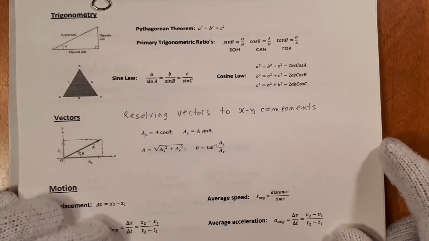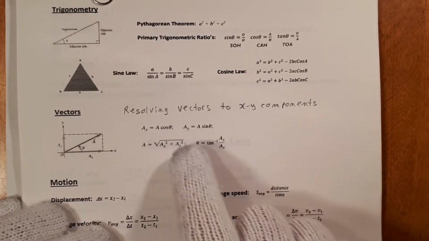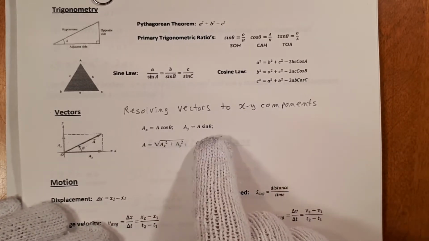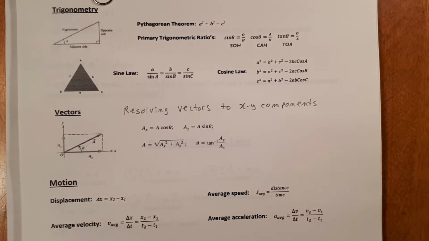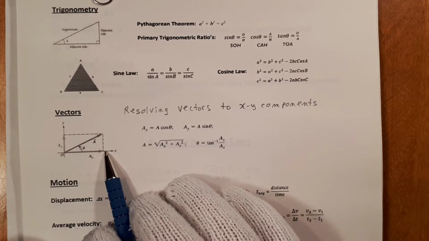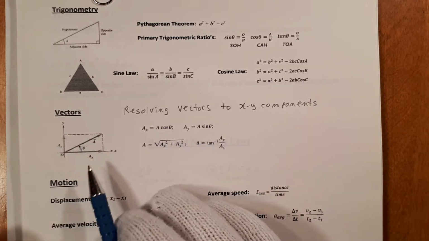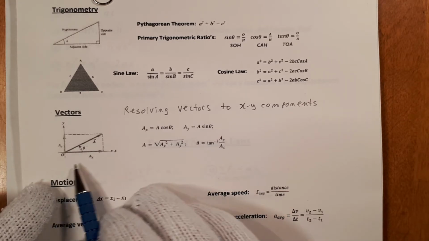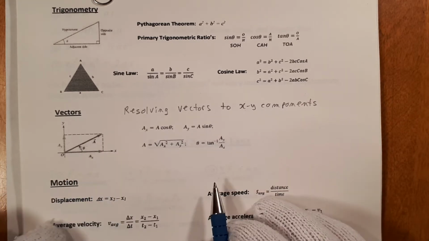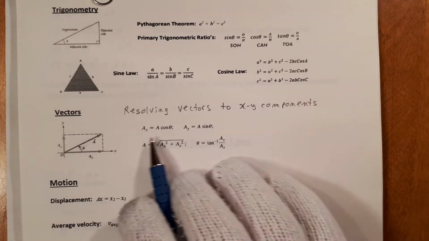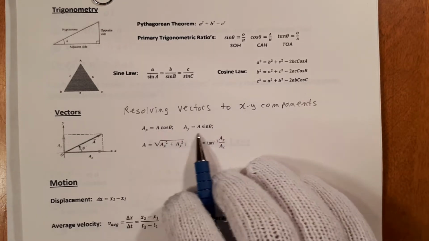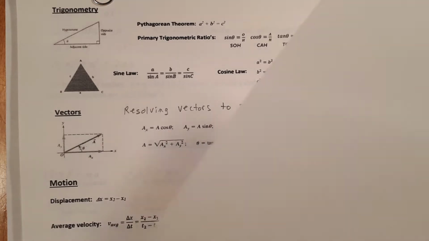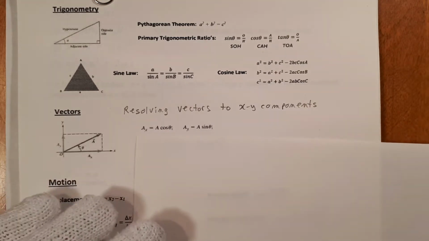Here they are. We're going to resolve vectors into their x and y components. It's difficult to work with a vector that is on an angle. It's easier to work with vectors that are completely horizontal or completely vertical. It's easier to add coplanar vectors that are horizontal or vertical than it is to work with something on an angle. As a result, we're going to resolve vectors to their x and y components. What you see here,